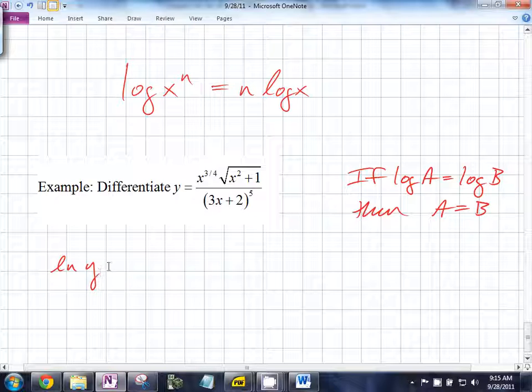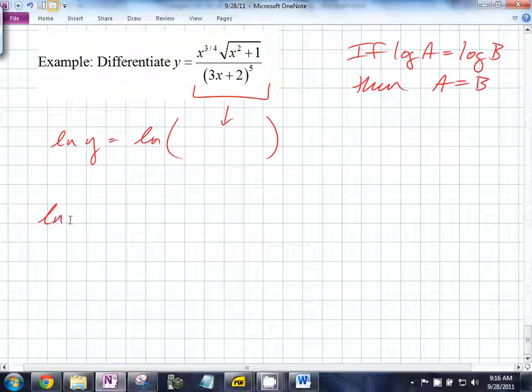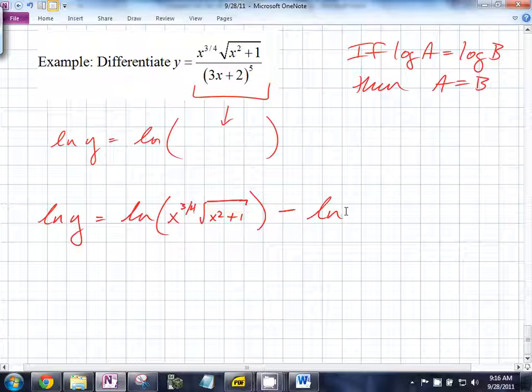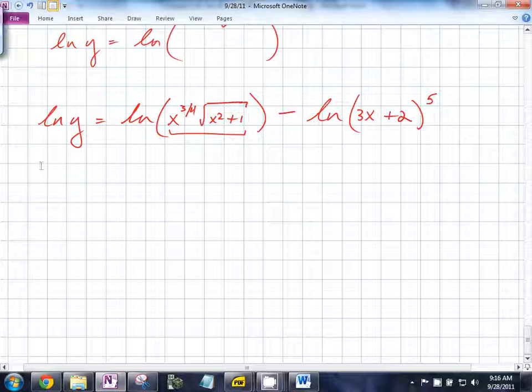Okay, so if I have division in ln, what does that turn into? So we have ln y is equal to ln of x to the 3/4 times the square root of x squared plus 1, minus ln of 3x plus 2 to the... What can I do with powers with logarithms? Coefficient. And what does multiplication mean? In logarithm it just means adding. So you get ln of x to the 3/4 plus ln of the square root of x squared plus 1, minus 5 ln of